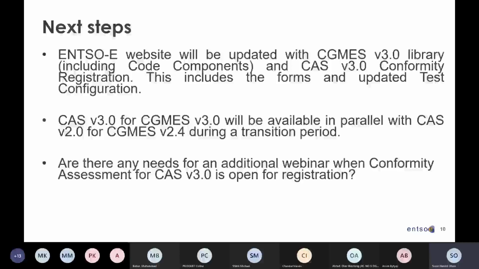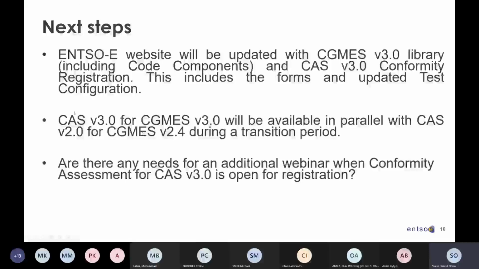Our goal is that this will resolve any issues and questions, and that we are providing a website and information that should be sufficient. But if any of you thinks that it would be good to have something like that, then please report back, and we can consider that.